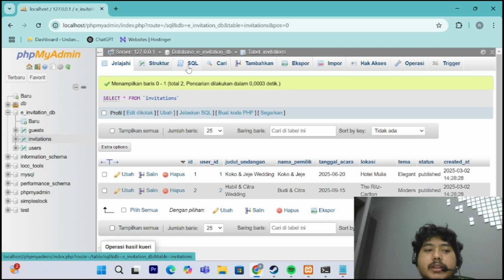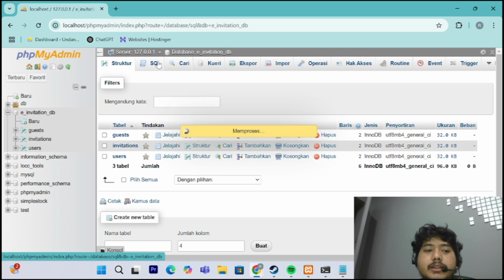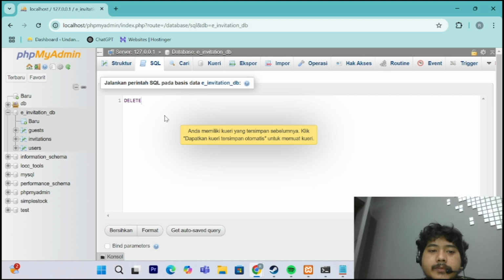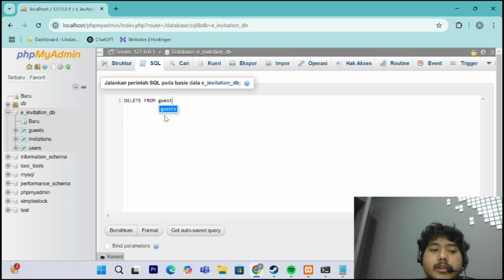Let me go back to the database and then go to the SQL again. And then I will delete from guest. I will remove a guest from the invitation list. Guest where invitation ID is 1.